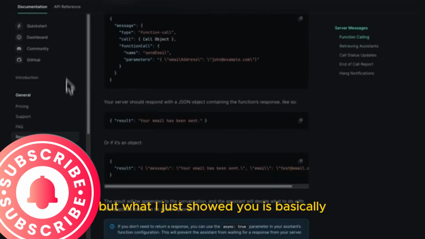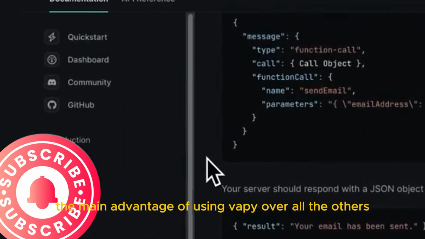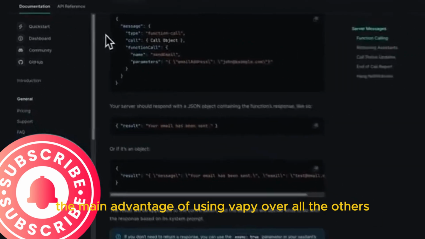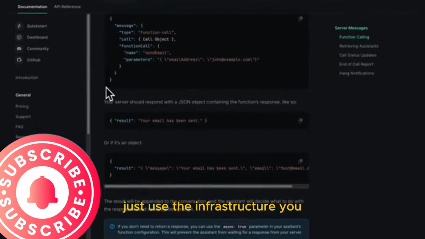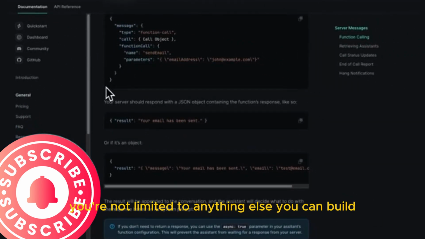But what I just showed you is basically, I'd say, the main advantage of using Vapi over all the others, because you can literally just use the infrastructure. You're not limited to anything else. You can build